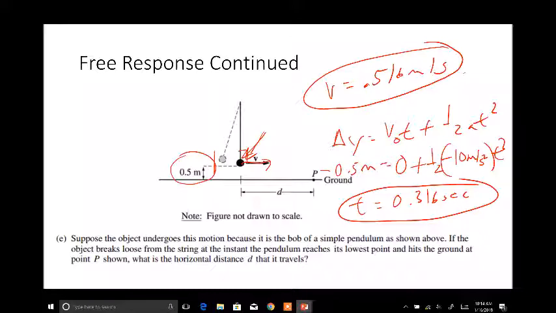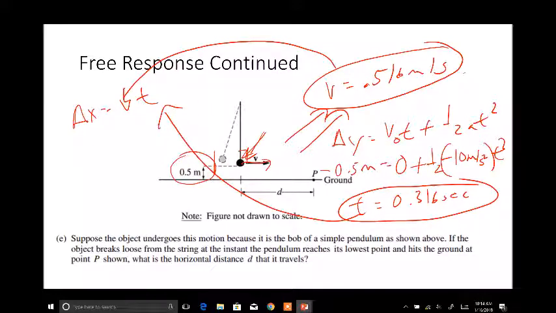For that entire 0.316 seconds, that object is moving horizontally at this speed, 0.516 meters per second. So to calculate the horizontal distance traveled, we're going to use delta x equals vt. This is going to be 0.516. This is going to be 0.316. Multiply those together, and we get a delta x of 0.163 meters. And since we were dealing with 1 sig fig in this problem, we're going to write delta x equals